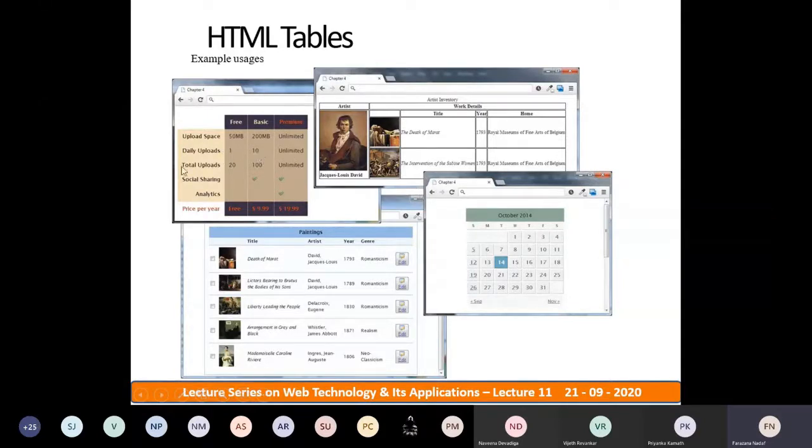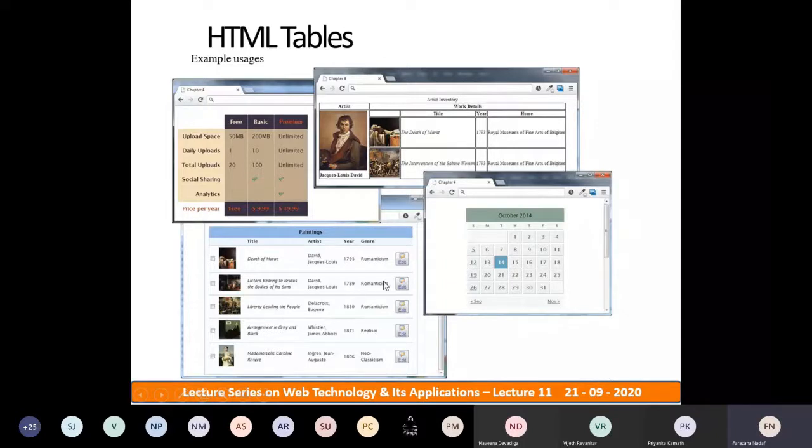Just see the image in a table. There is a set of colors where we have added a background color, and the font color is also different. You can make use of a table heading. Then you can add content, such as the total price of that year. And in this browser, there is a link from one page to another page. In this way, you can see tables in day-to-day life.